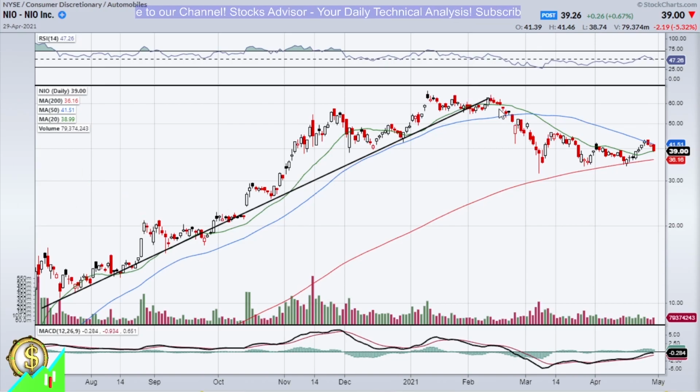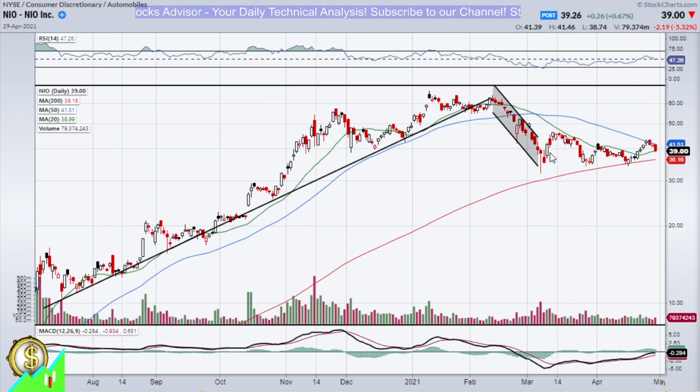And the correction started with several channels. So the first channel for correction, of course, was observed during the period from February all the way to mid March, where we rebounded from moving average 200, this red line, and then we had a bouncing kind of decline where moving average 20 worked as a very strong resistance line. So you can see all the time the price was rebounding from it, and we were observing another support level here,